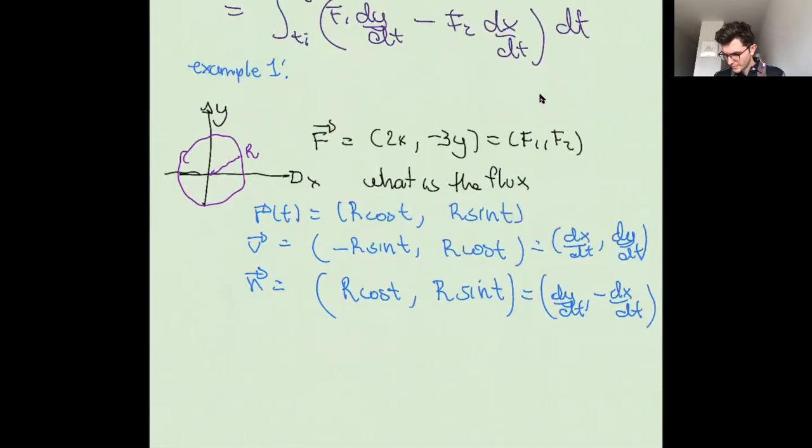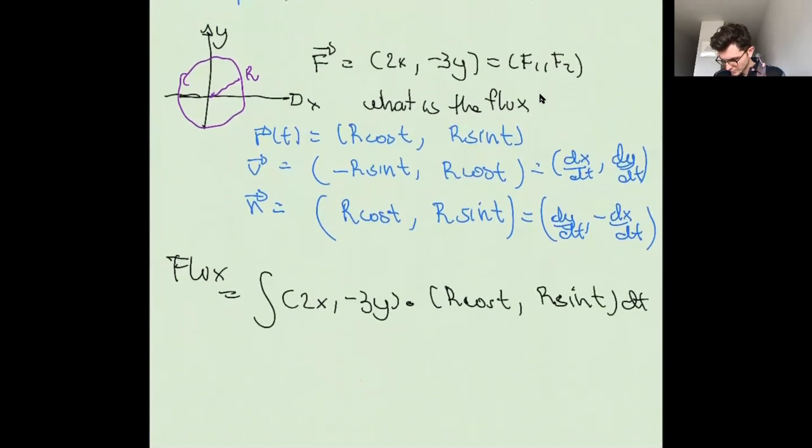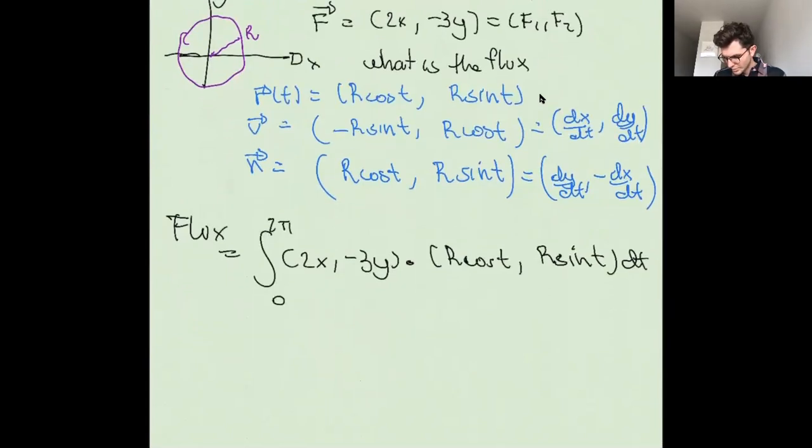And then the flux is just the dot product, again, between the force and the normal vector, not between the force and the velocity. So flux equals the dot product of f with the normal vector, which is r cosine of t, r sine of t, dt. This goes from 0 to 2 pi. And so you get the integral from 0 to 2 pi of